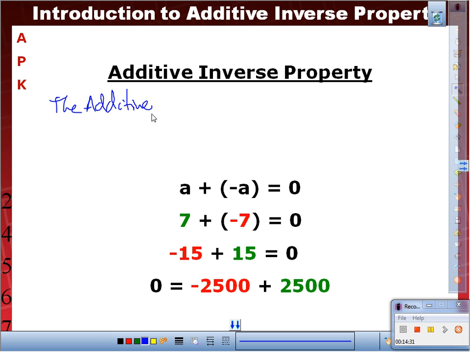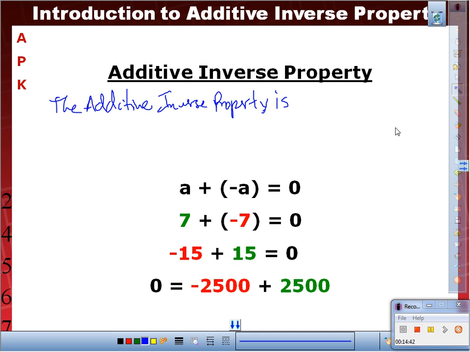Where on the 4 lines that you skip, right? The additive inverse property. You said is? Yeah. Is what? An integer or a number. Okay, hold on. You want me to start with an integer or a number? Integer. Okay, so